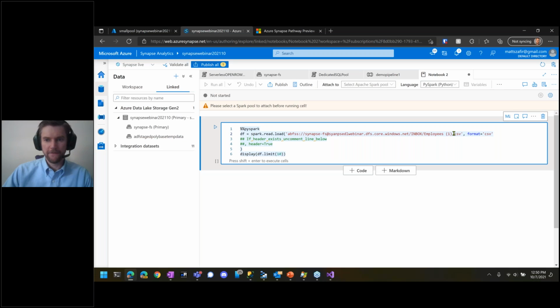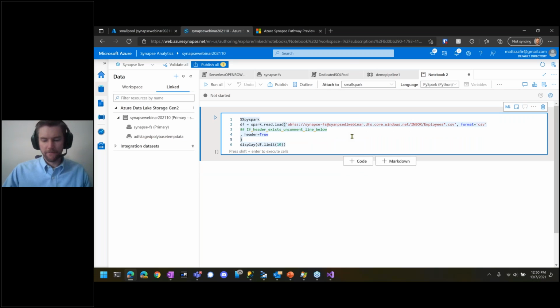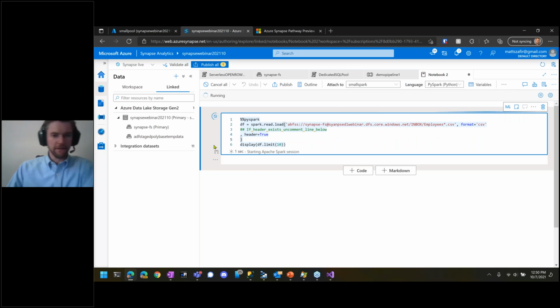Spark.read.load, the location of the file. In this case, I just clicked on that one file, but you can replace it with wildcards. We know there is a header, so I'm going to uncomment that row and run this. I need to specify my pool. You can run it with Control Enter, just like other notebooks, and it'll take a couple minutes to spin up